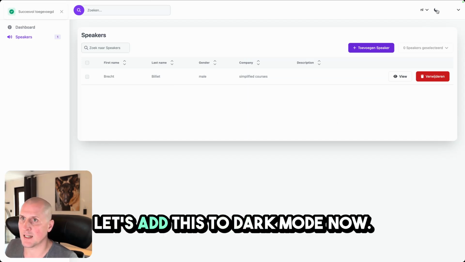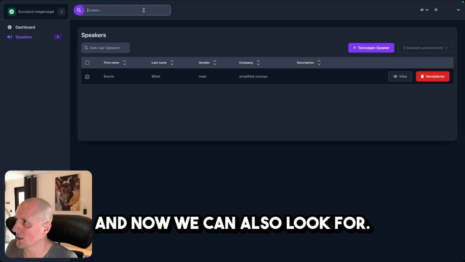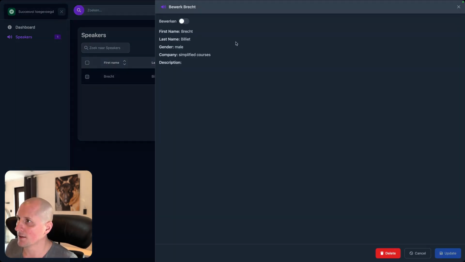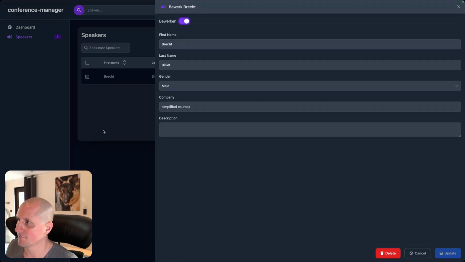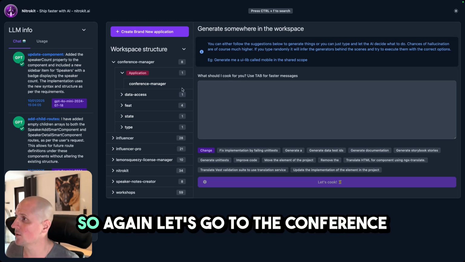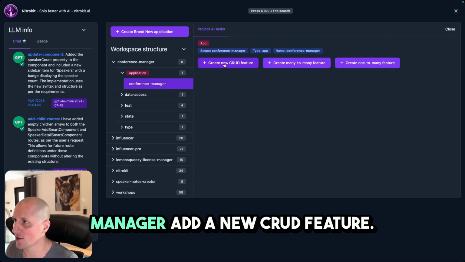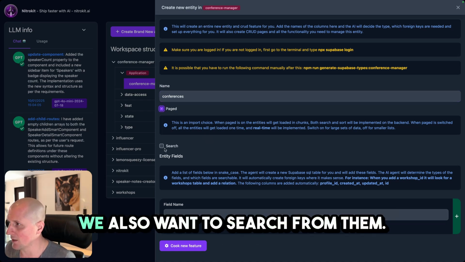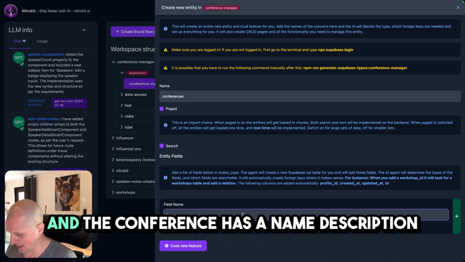Awesome. Let's switch to dark mode now, and now we can also search. There we go. Now I want to be able to add conferences as well. So again, let's go to the conference manager, add a new CRUD feature. We call it conferences, which is also paged. We also want to search them, and the conference has a name,